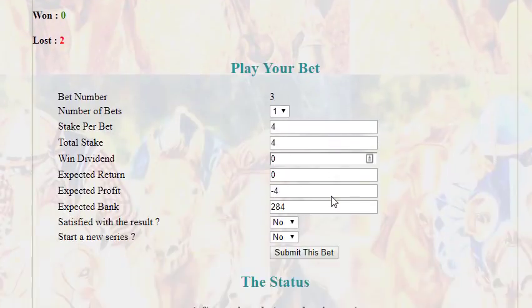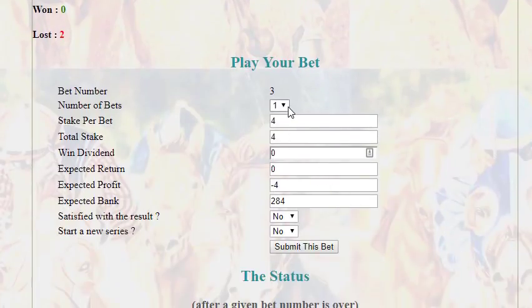So we're not going too well here, are we? Another 3 horses here, and you can see now our stakes drop down, so we're only betting £1 per horse, and once again we don't get a winner. So we're not happy with the result, and we don't want to start a new series. Click submit the bet,